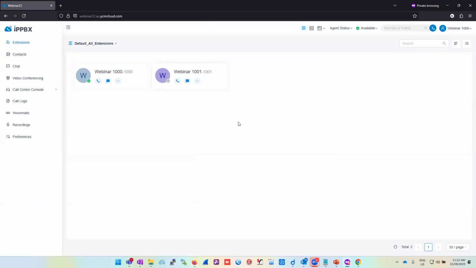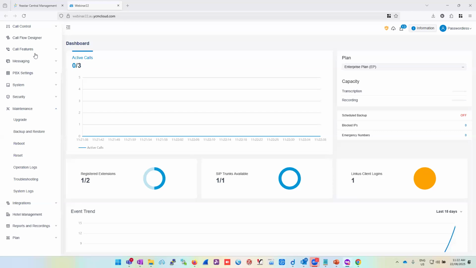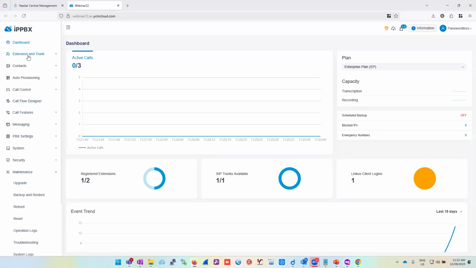Using our Linkus client, so you're offsite or we're offsite, you want us to log in. We're in here, and this is me logged in as my extension. So you can see webinar 1000. I have everything down here, no other options. It's just a soft phone. What we can do within our extensions,